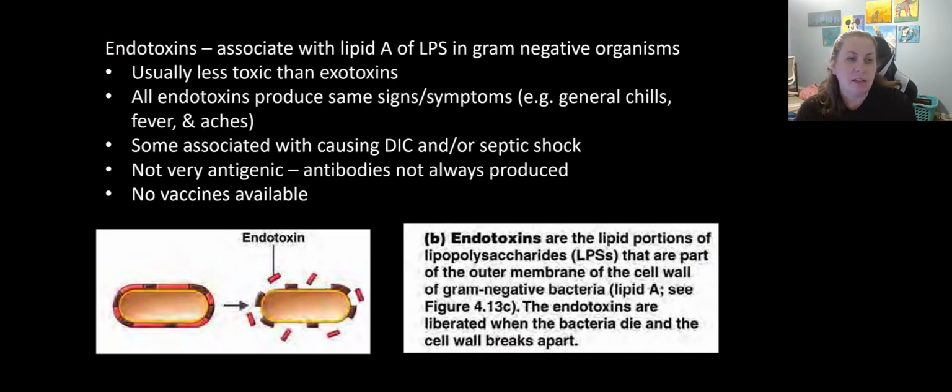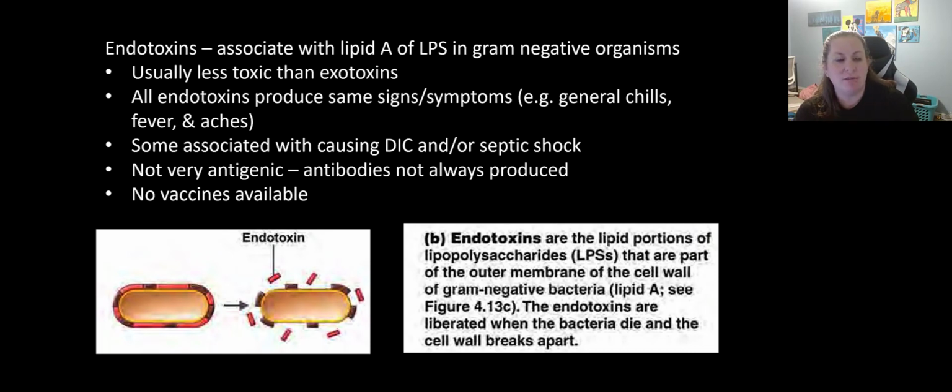The next toxin are the endotoxins. Now, guys, endotoxins are found inside of the bacteria. These are associated with lipid A or LPS that's found in gram-negative organisms. All right, so gram-positive make more exotoxins. Gram-negative make more endotoxins. These are usually less toxic than exotoxins. All the endotoxins produce the same signs and symptoms. So it doesn't matter if the endotoxin came from E. coli